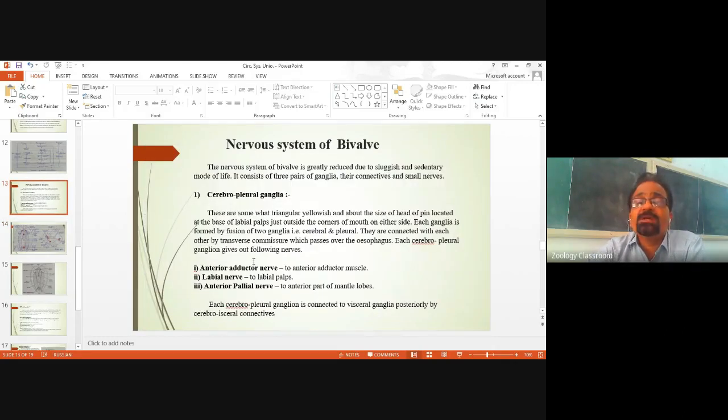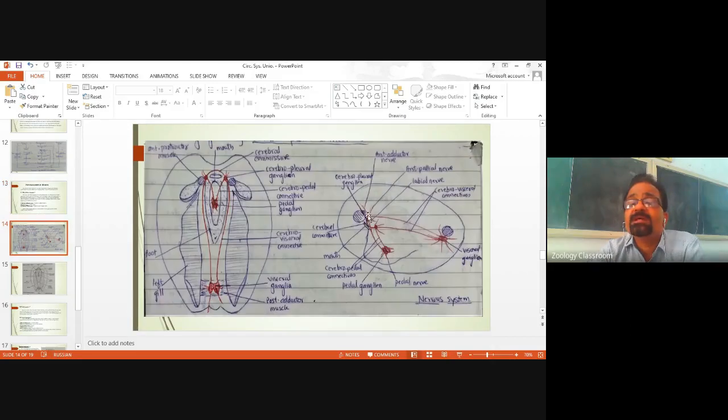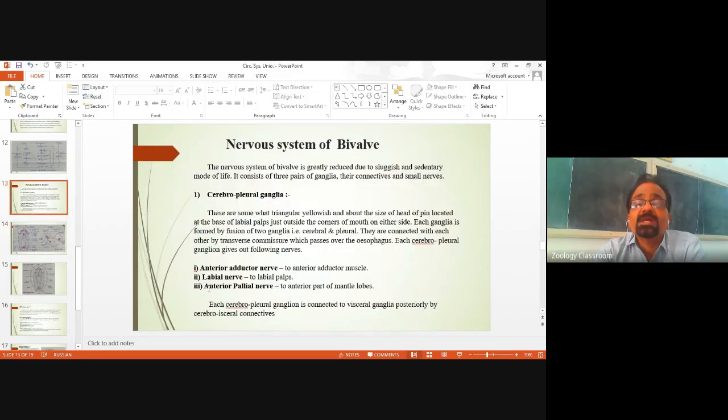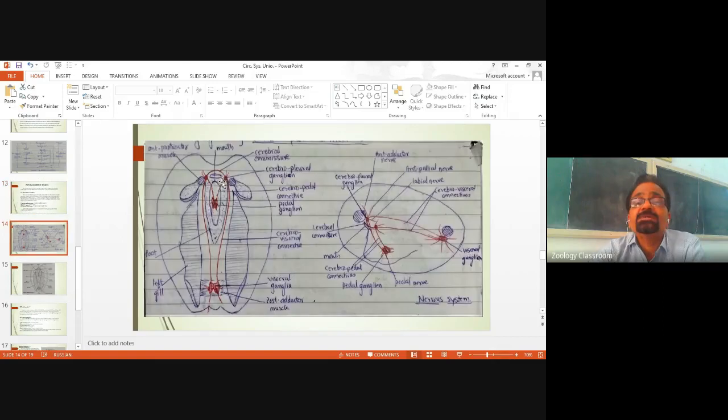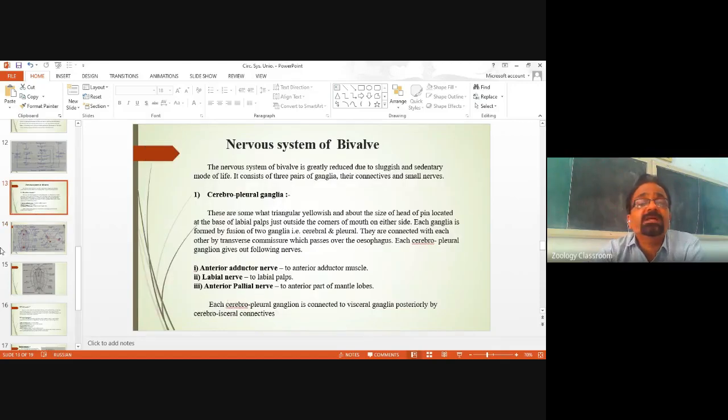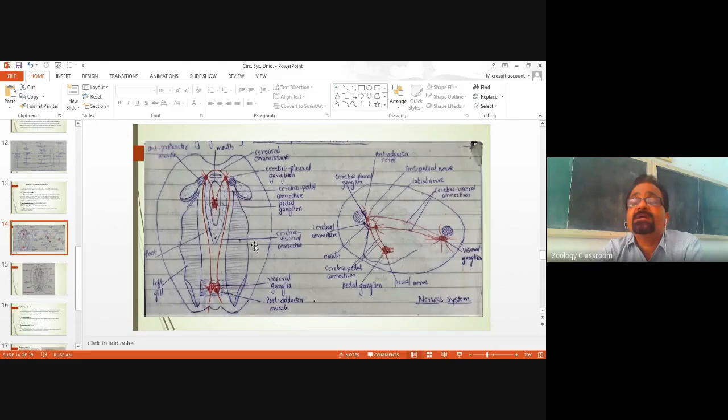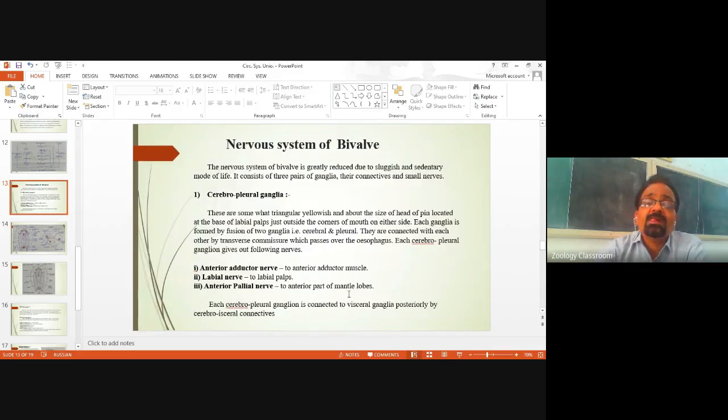Each cerebropleural ganglion gives out nerves. Nerves to the anterior adductor muscle, the anterior adductor nerve. Labial nerve to the labial palps. And the next one is the anterior pallial nerve. Anterior pallial nerve, see this. Pallial, to what? To the mantle. Now each cerebropleural ganglion is connected to the visceral ganglia posteriorly by